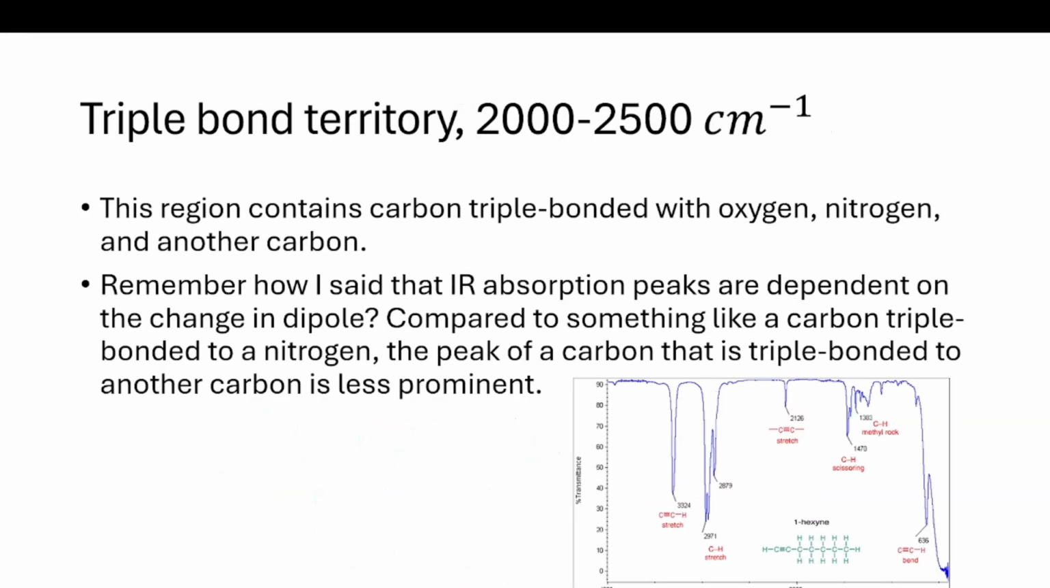All right. Now, if we go from there into triple bond territory, this region, 2,000 to 2,500. Well, if I see something in lecture land,